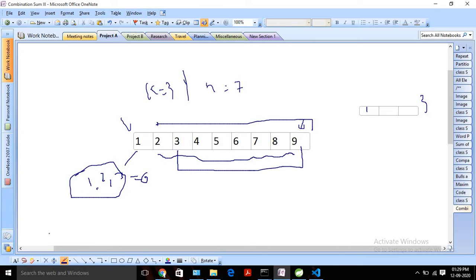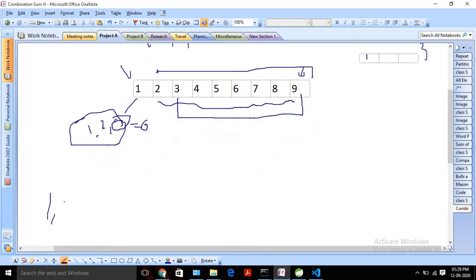So I am going to remove the last number from our possible combination. My list again will contain only 1 and 2. Now I will pick 4, and I will check, is that matching? Yes, I can see that 1, 2, 4 is matching. It's giving us the expected answer. Then we can add this particular combination to our result list and return it. So using this simple logic, we can solve it.